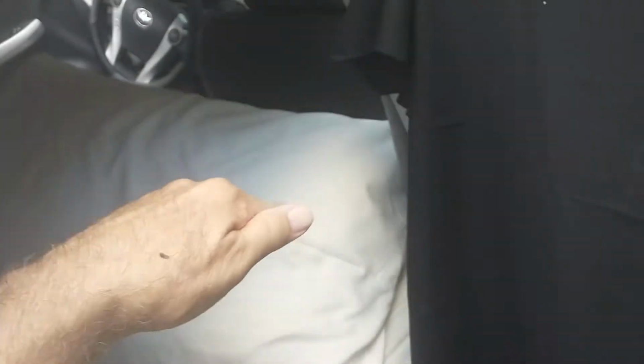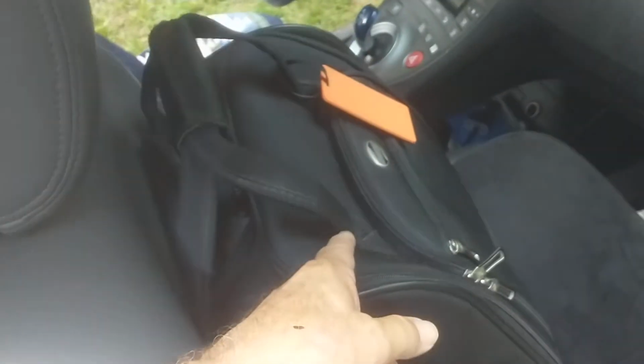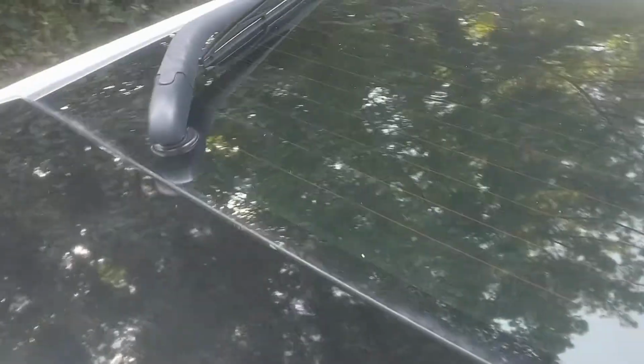So this is the setup. Now I've got my cooler right here, and I've got an extra foam pillow here to level this up, get it a little bit higher, so I sleep at a little bit of an angle where I'm not sleeping down, I'm sleeping like this. And that cooler during the day would come up here, this would go back there, the suitcase would go back here, and the cooler would come up here, and I would move the seat back. But like I said, normally you wouldn't need to do that,